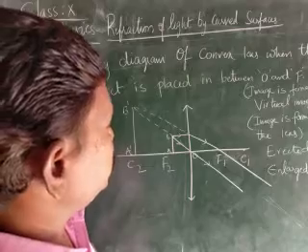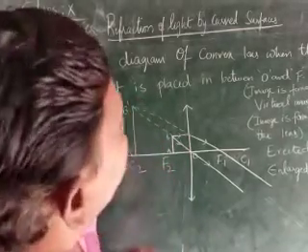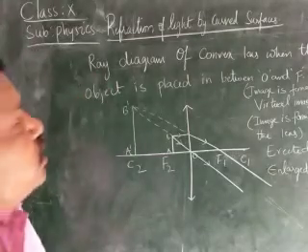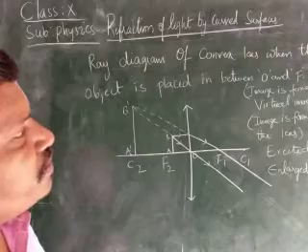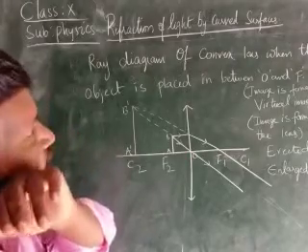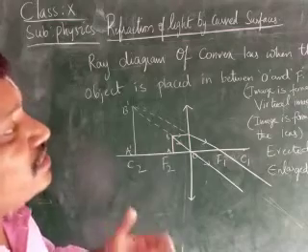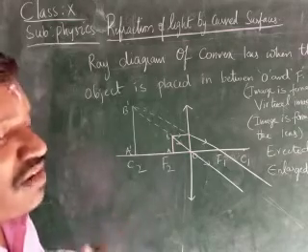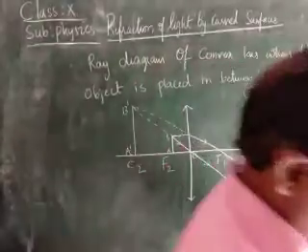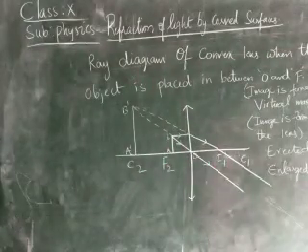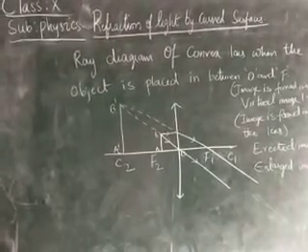Okay. Right. Okay, children. Therefore here this is a ray diagram of convex lens when the object is placed between O and F. Therefore when the object is between O and F, the image formed is inside the lens, a virtual image. Always virtual means erected, and it forms an enlarged image, children.